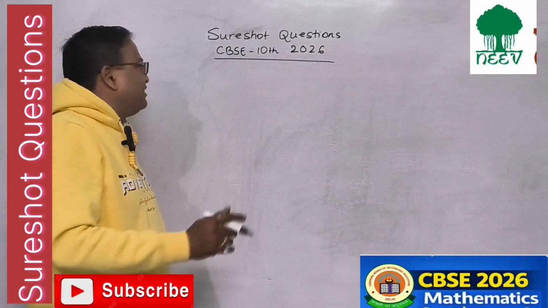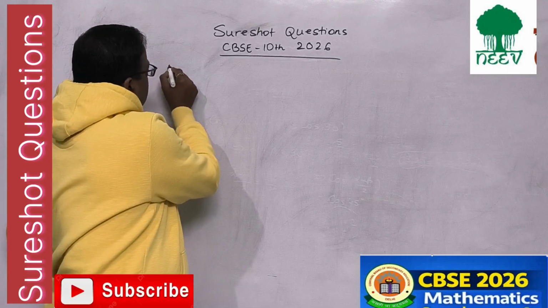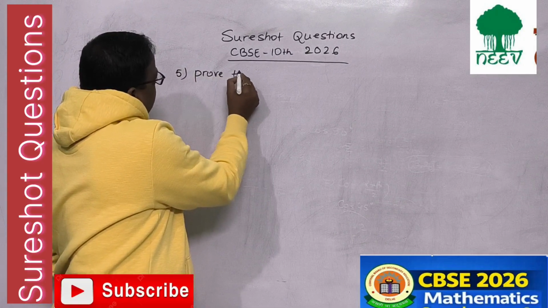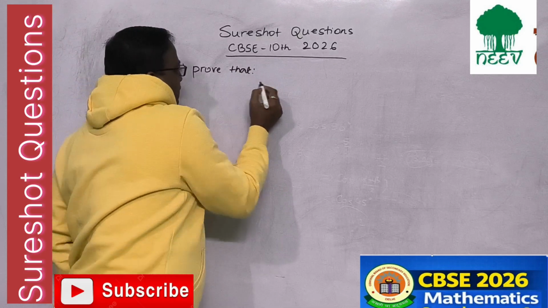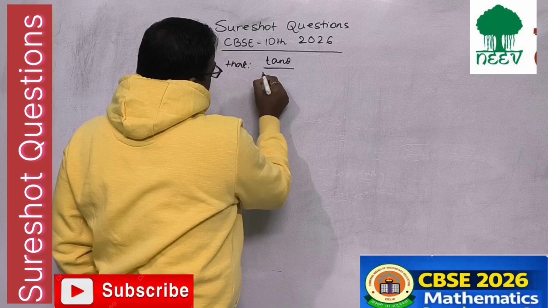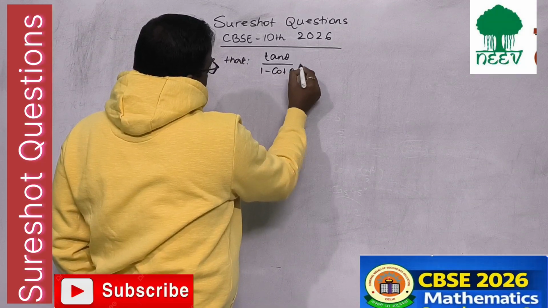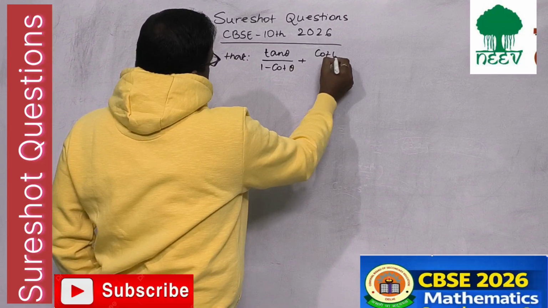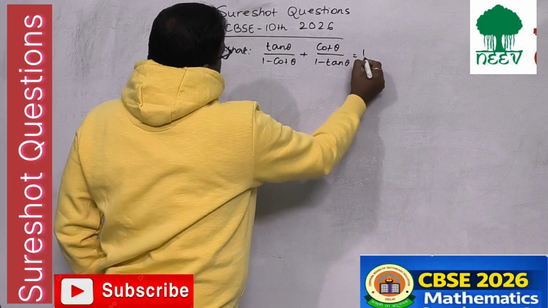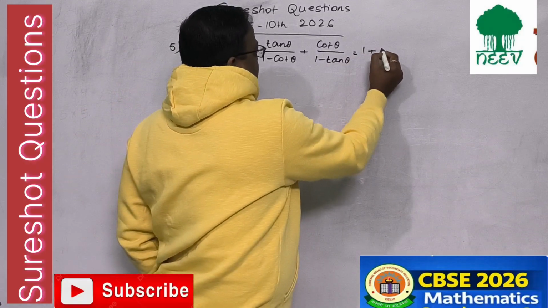Let's start with question number 5. Prove that tan theta by 1 minus cot theta plus cot theta by 1 minus tan theta is equal to 1 plus